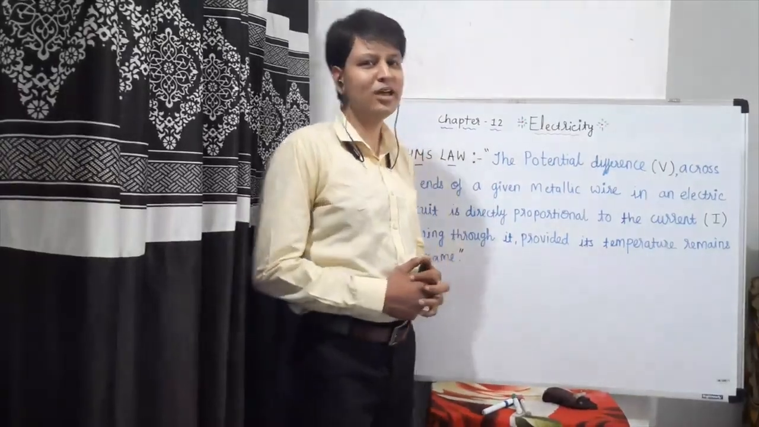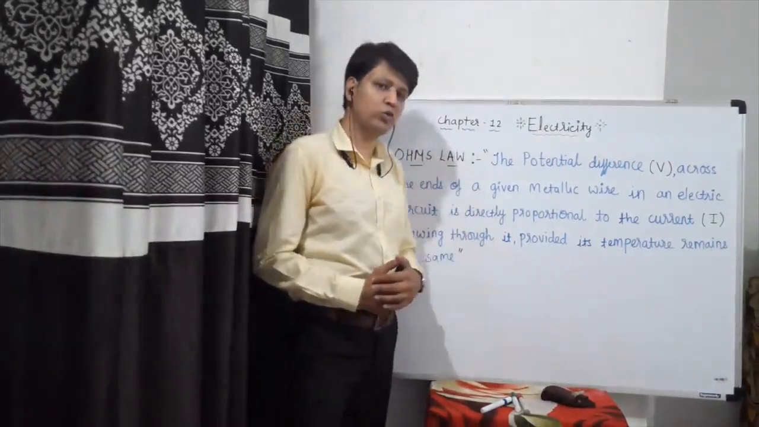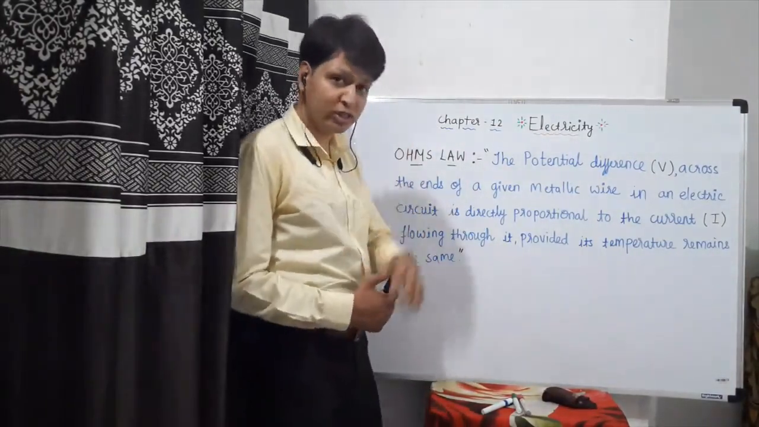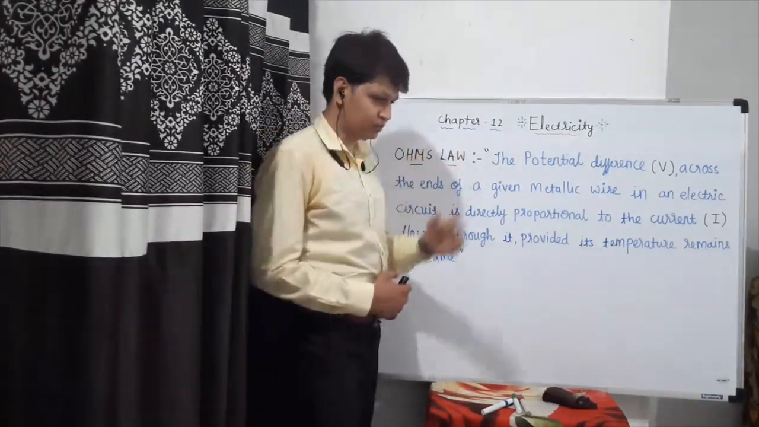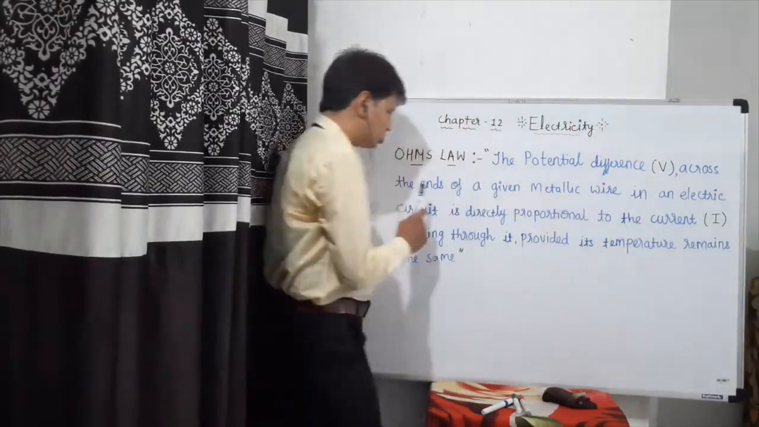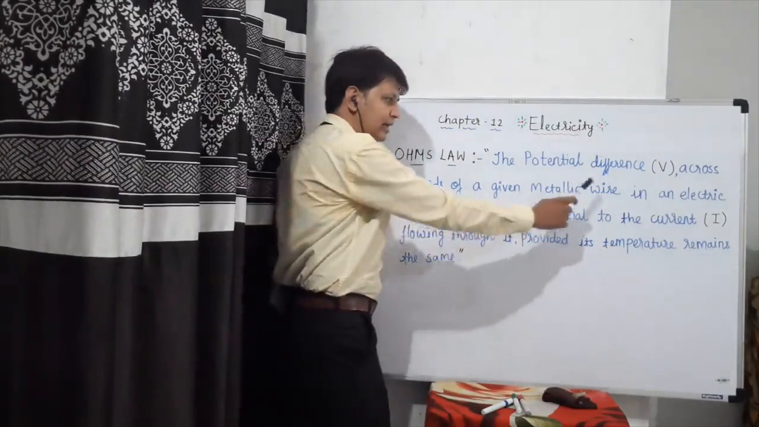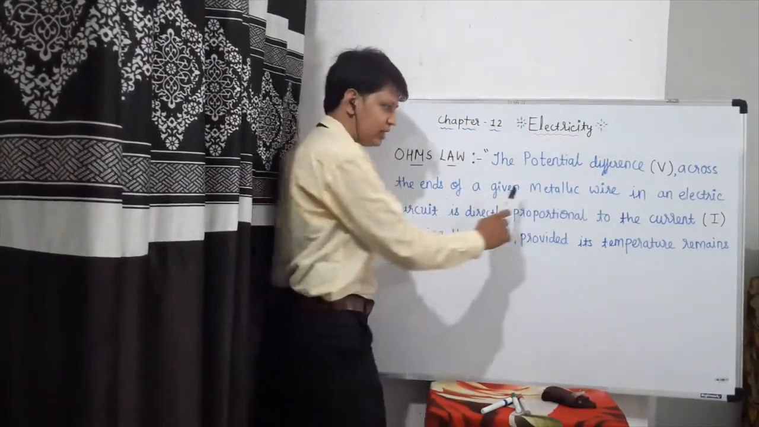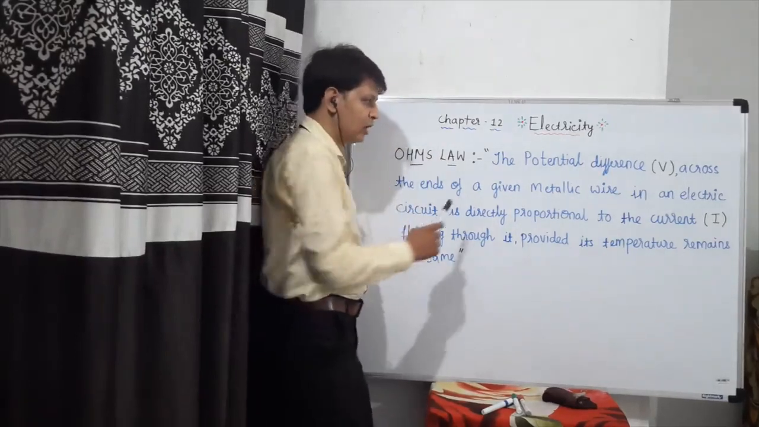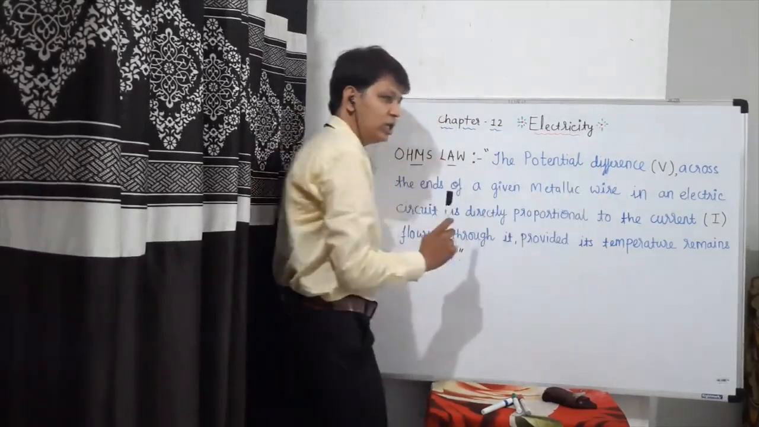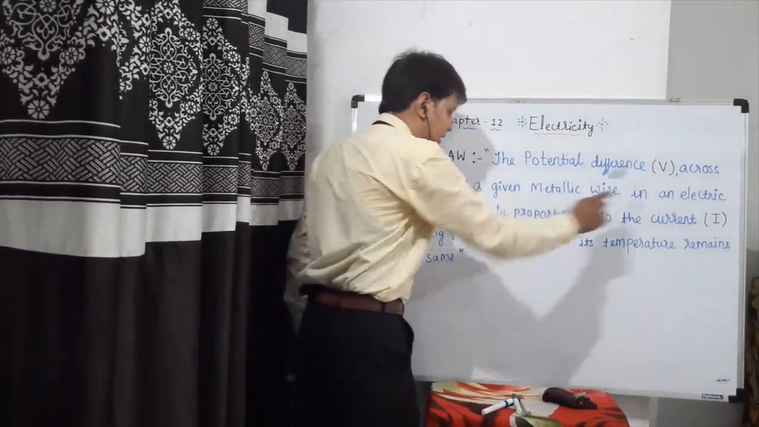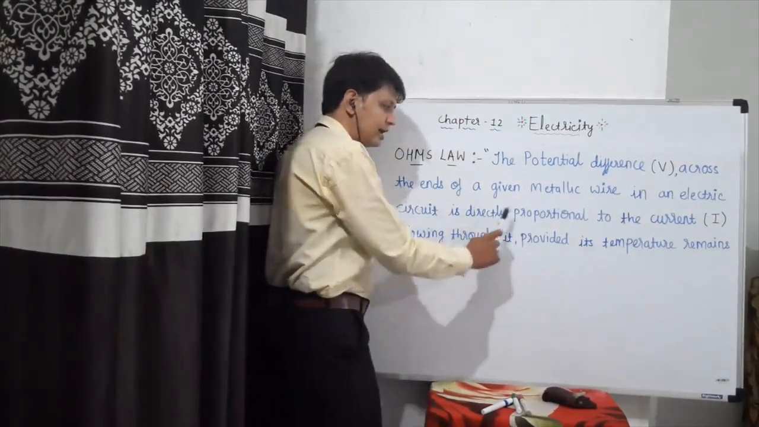Dear students, we are now going to study Ohm's law, which is one of the main parts of this chapter. Let us go through the statement given by Ohm. The potential difference across the ends of a given metallic wire. A metallic wire is a conductor through which electric current can pass. So the potential difference V across the ends of a given metallic wire in an electric circuit is directly proportional